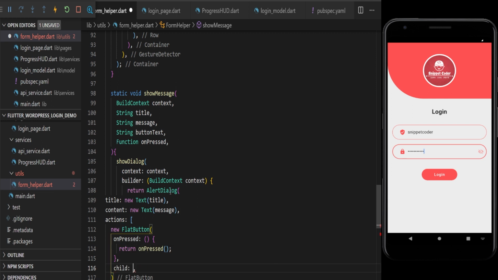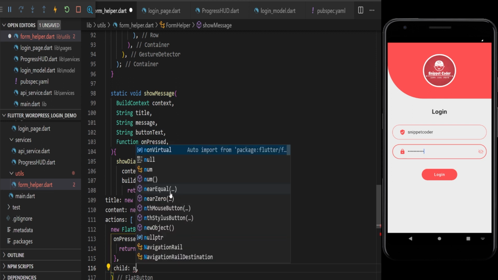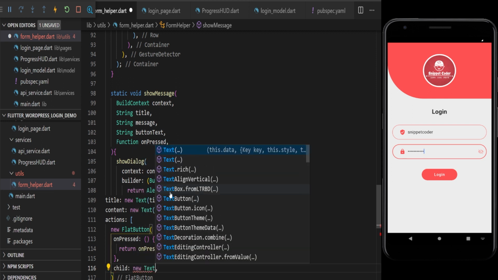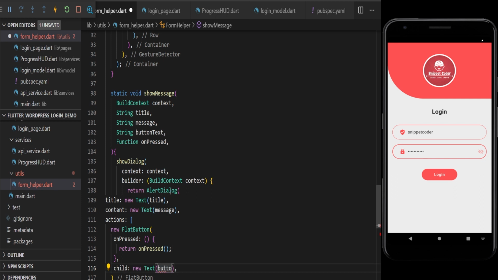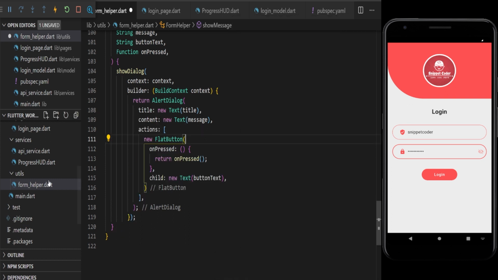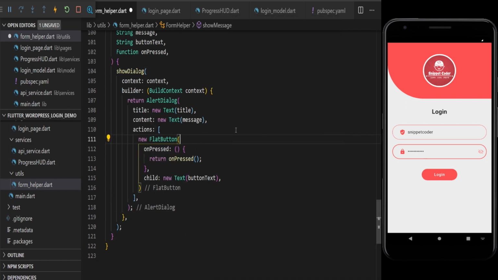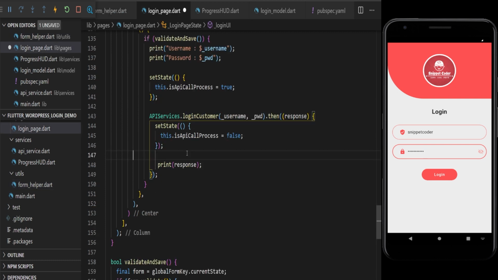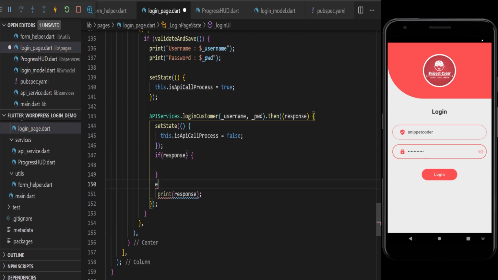And then we have the child here, and we are passing a new text, and we are passing here button text. So this function has been ready, so we will use this function in our login page. So here we will check if response true, else we will display this pop-up